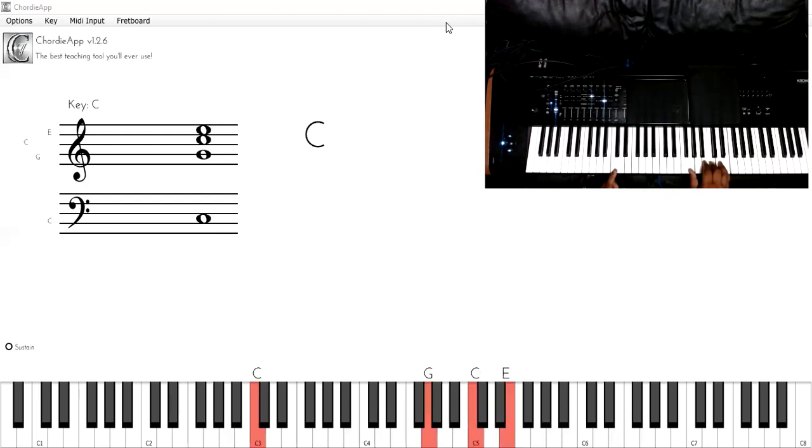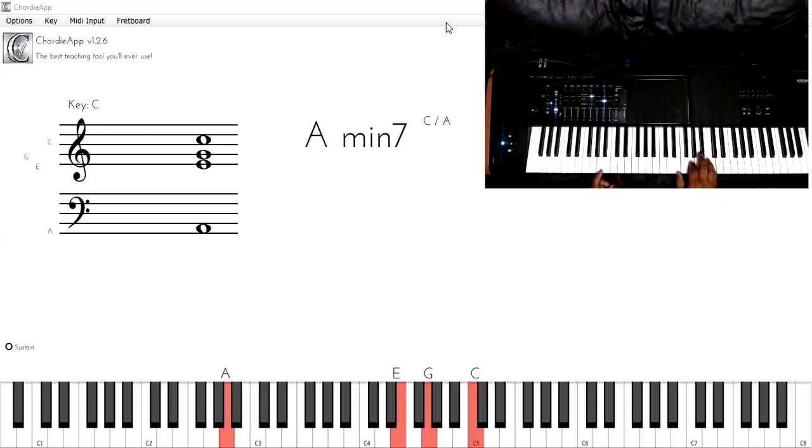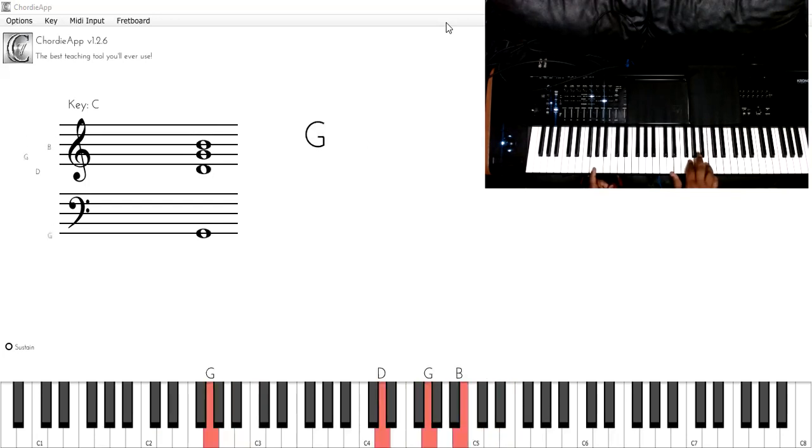All right. Dun, and on the beat and off the beat, and then you do the same pickup, and on the beat and off the beat and